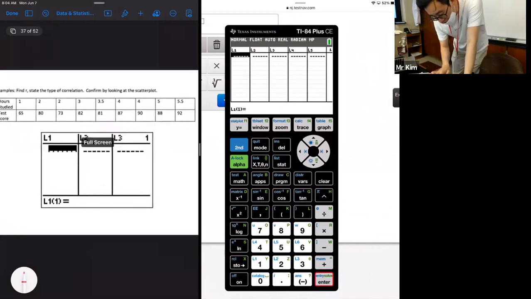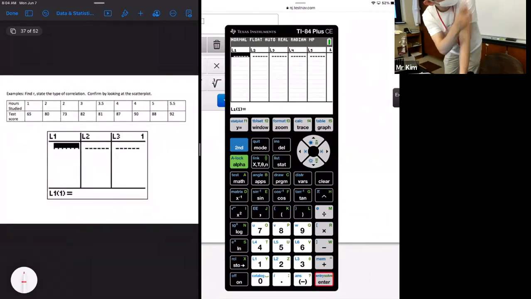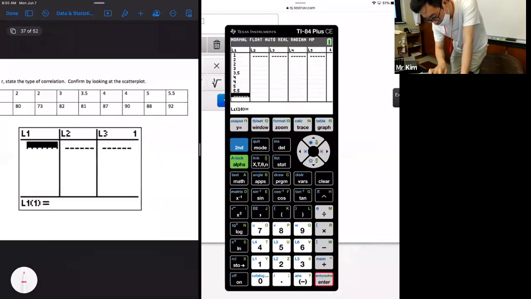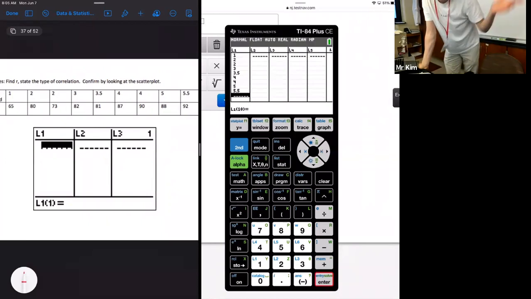What I would like for you guys to do is take a look at this number on the hours studied. The hours studied is your first variable, and you're going to type in these numbers. So you're going to type in 1, 2, 2, 3, 3.5, 4, 4, 5, 5.5. I think that's the last one. Yes. So you're pretty much taking 9 students' test scores, and asking them how many hours did you study last night, and that's the general idea of what we got.